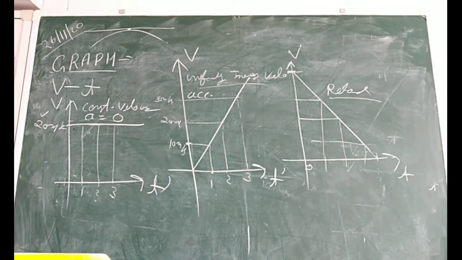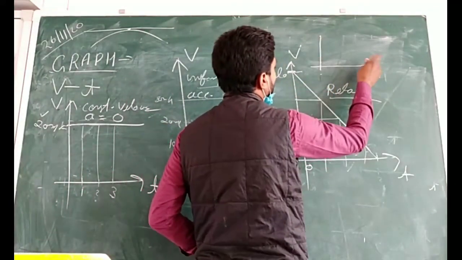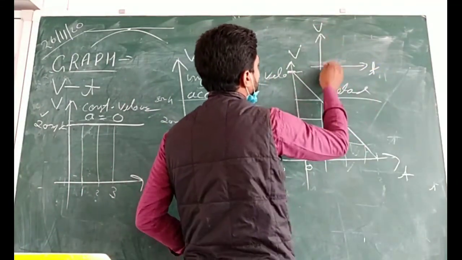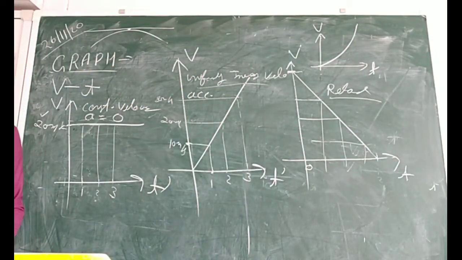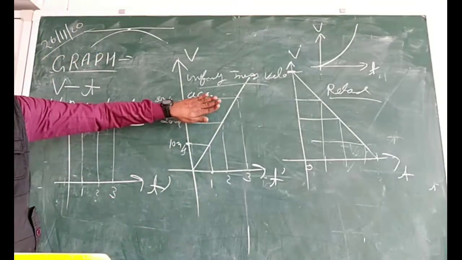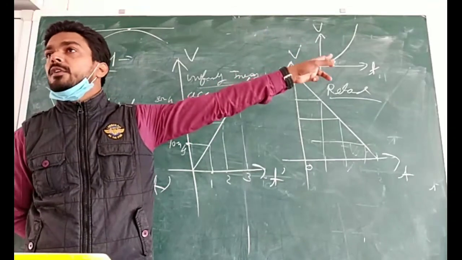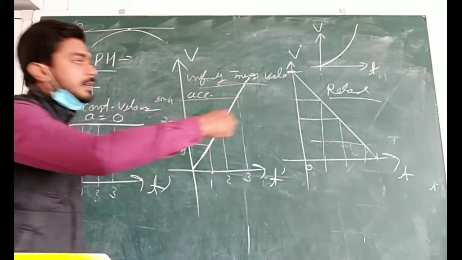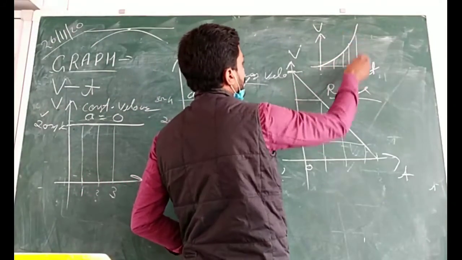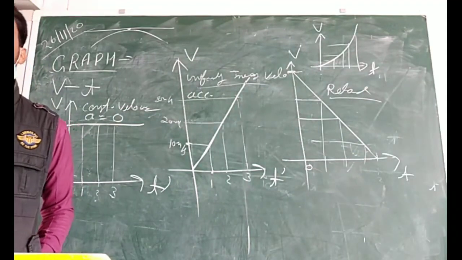Okay, now we are going for the calculation portion. But one more graph is there. If we draw this graph, time and velocity, this graph is showing increasing velocity like this. Here velocity is increasing. In this graph there is also increasing velocity, but there velocity was uniformly increasing, and here the increase in velocity is non-uniform. Okay. Now for the calculation.